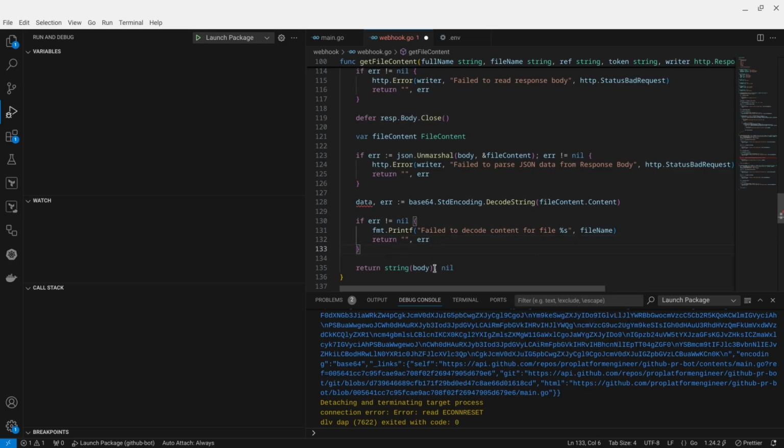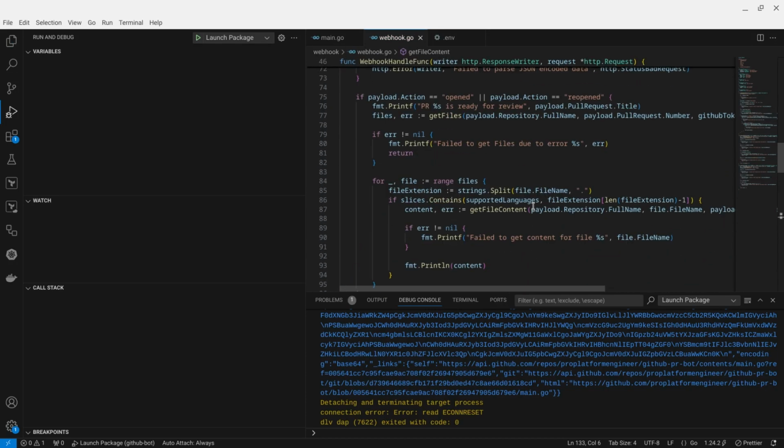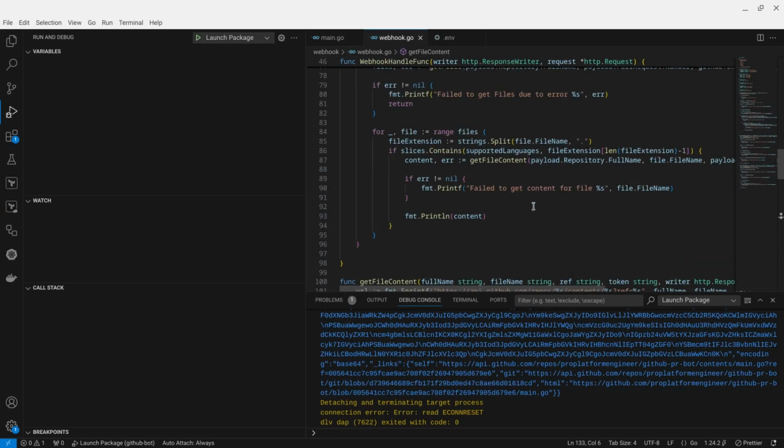Now that's our data, and instead of string body, we're just going to do string data, and I will show you in a sec how that looks. So where are we? That's our content in here. The content should be basically a string containing the actual content of the main.go file I added. So if I go ahead and run this now,